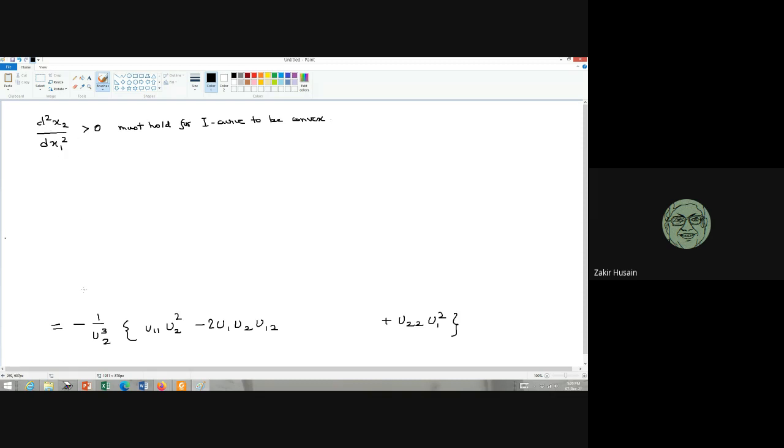Now, this means, see, what is the value of U2? U2 is positive. So that means the Q will also be positive. So this part is positive, but I have a minus sign. So then this part within the curly brackets, this must be negative, right? So this is negative, this is positive, and I have the minus sign. So it will become positive.